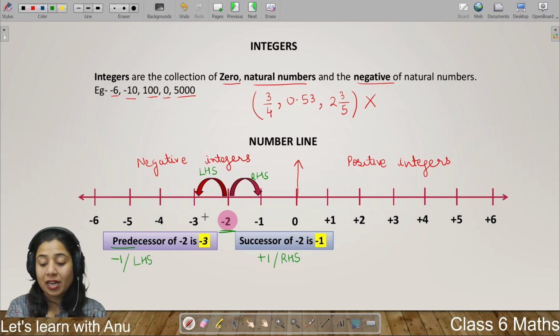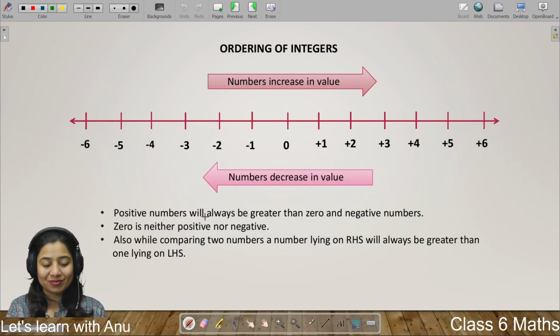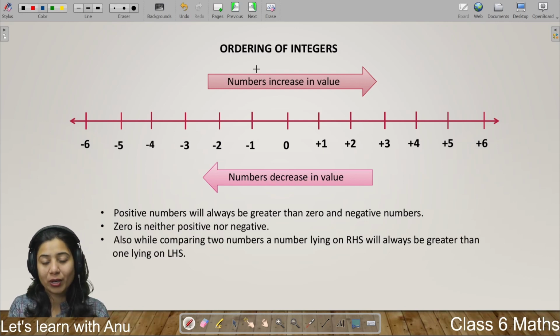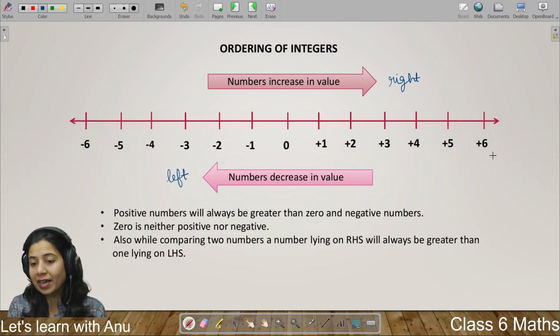Moving ahead, we are going to study ordering of integers. So this is a very important topic, class, because we should know how to arrange the integers in ascending or descending order. So class, when we move in the right direction, the value of the numbers increases, and when we move in the left direction the value of the number decreases. Let's see how. When we are moving on the positive side of the number line, 1 2 3 4 5 6 and so on, the values are increasing, right? And if we move backward in the left direction, 6 5 4 3 2 1 0, the value of the